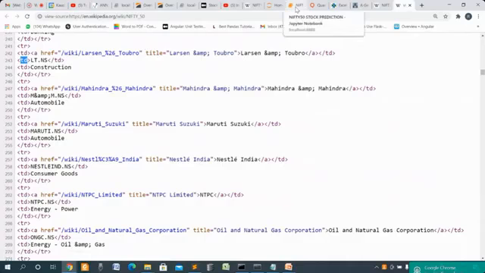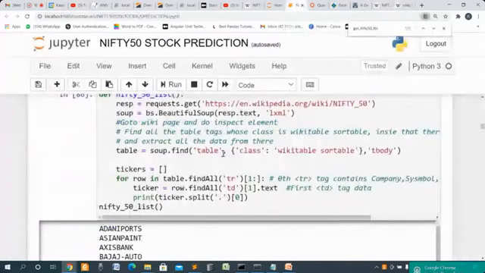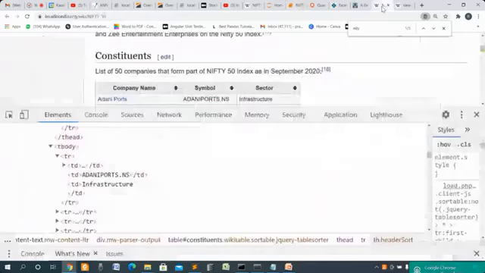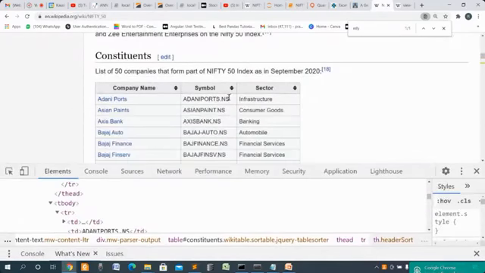You ignore the first row, because it is the header. Then pick the text where we have the symbol, and split at the dot, because the dot part is not useful here. See, here we have Adani Ports.NS. What is important is Adani Ports, so we are going to pick that.